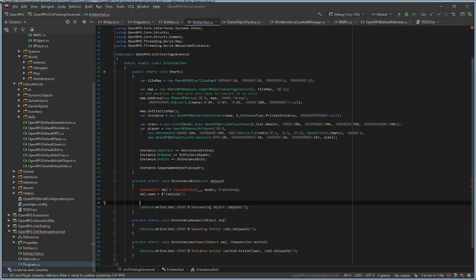So when an object exits this instance, we have to do some calls like this: game object dot find, and we find an object with the same ID.